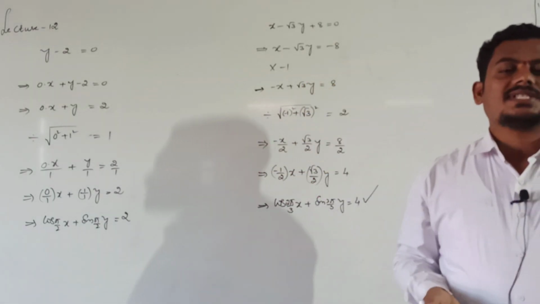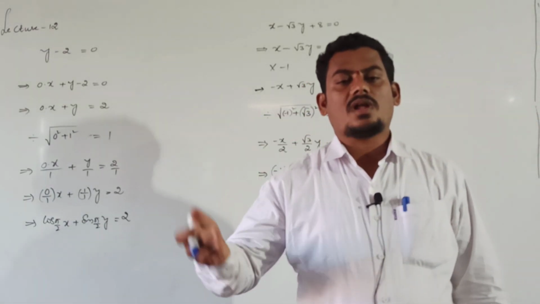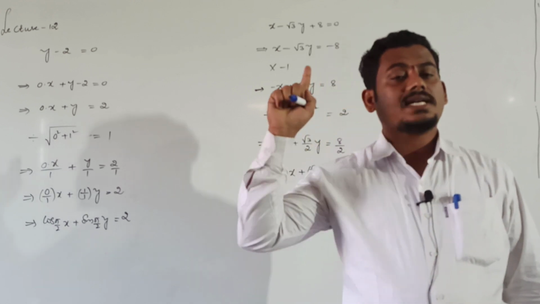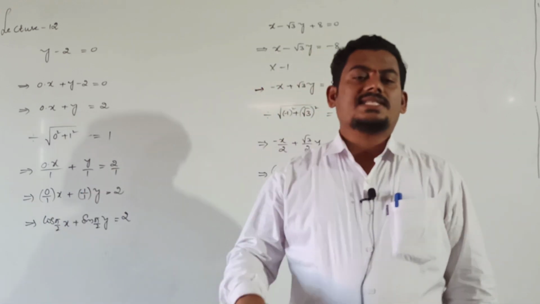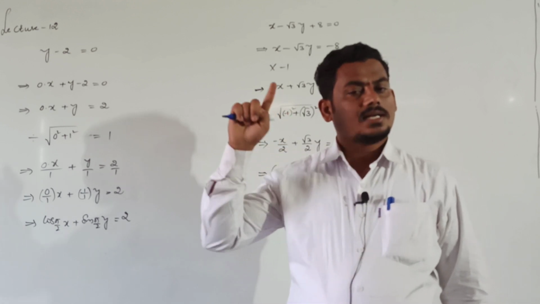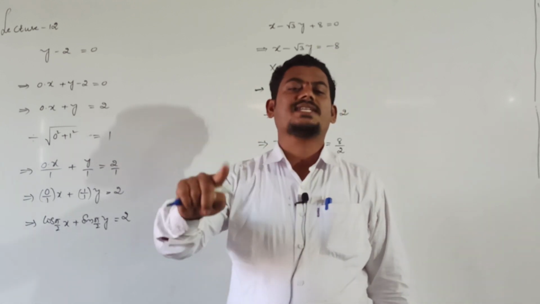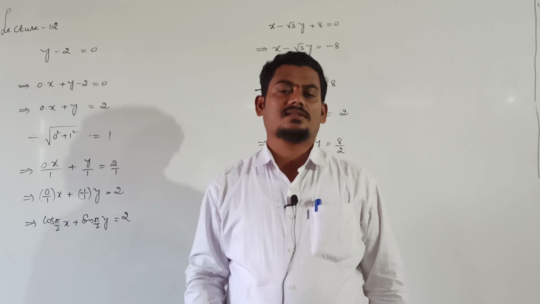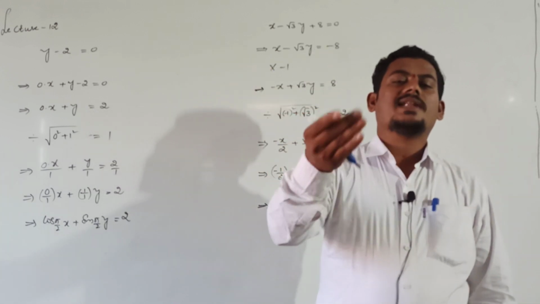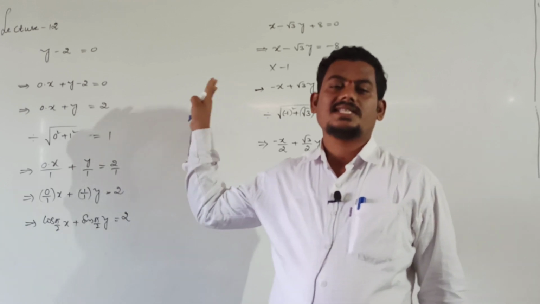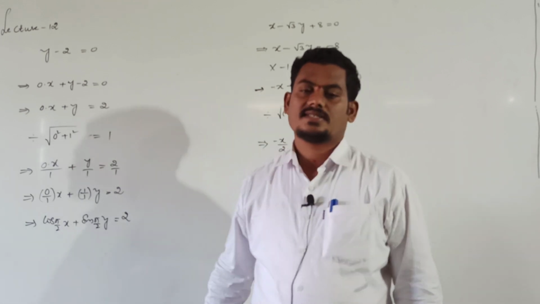While reducing the given general equation into normal form, first send the constant term to the RHS. It is the first step. In the second step, make the RHS expression positive if it is not. If the RHS expression is not positive, then make it positive. Why? Because the RHS expression represents a distance.